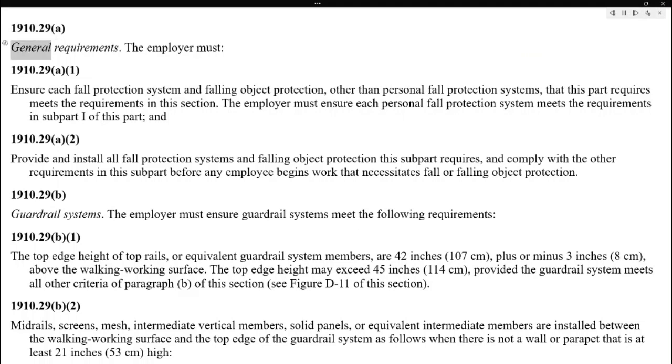1910.29(a) General requirements. The employer must: (a)(1) Ensure each fall protection system and falling object protection, other than personal fall protection systems, that this part requires meets the requirements in this section. The employer must ensure each personal fall protection system meets the requirements in subpart I of this part, and